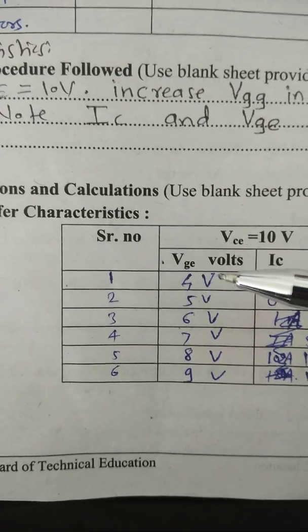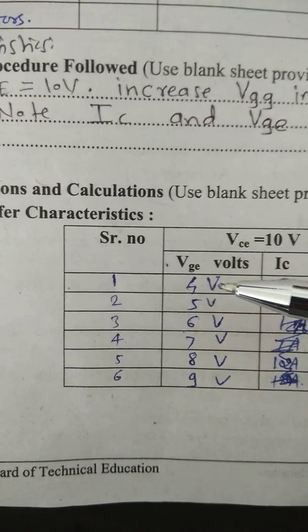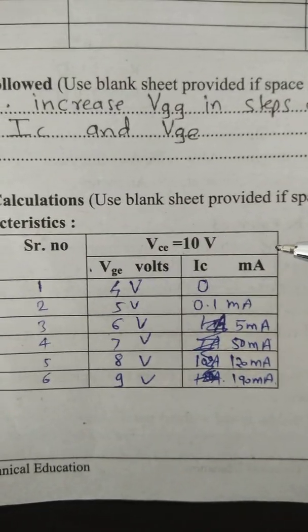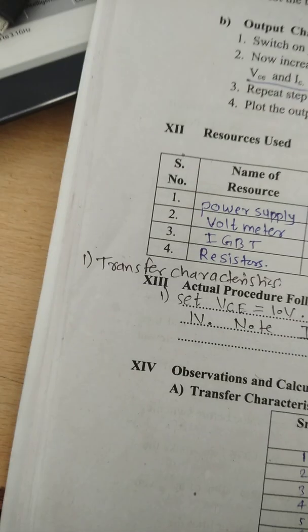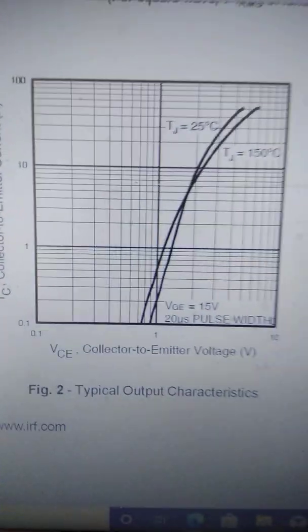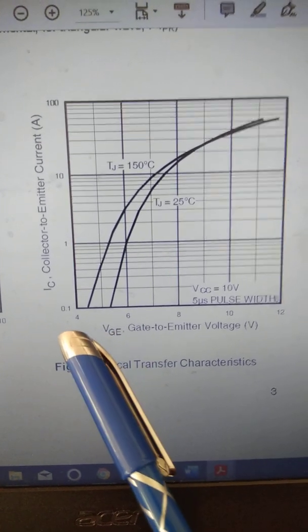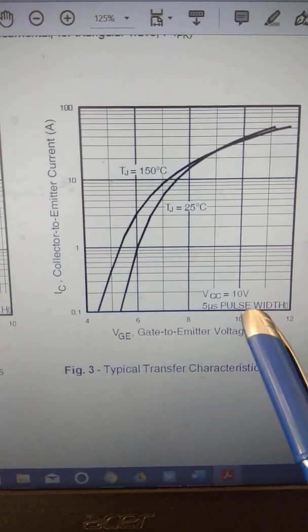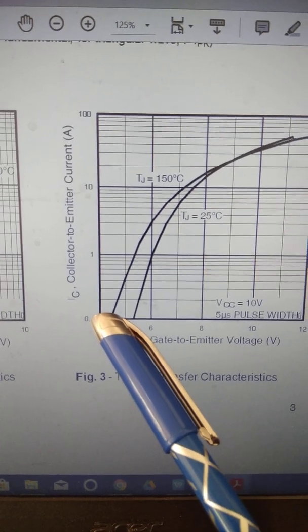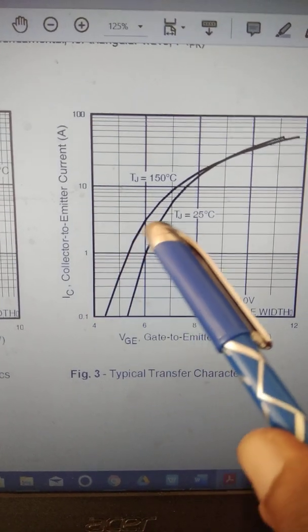If I increase the value of VGE from 4 to 9 volt, then I can record the value of IC. This can be observed on this graph of transfer characteristic. As I increase the value of VGE, the current IC also increases